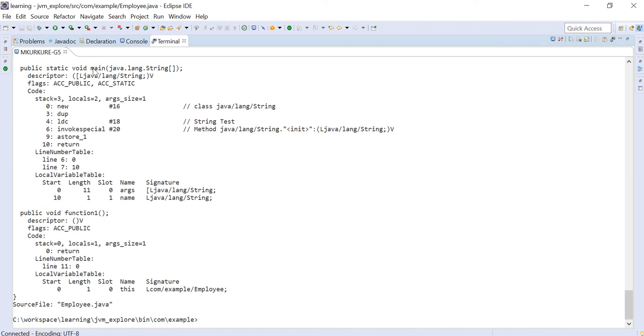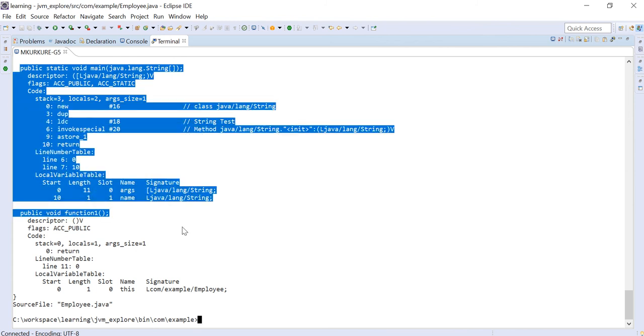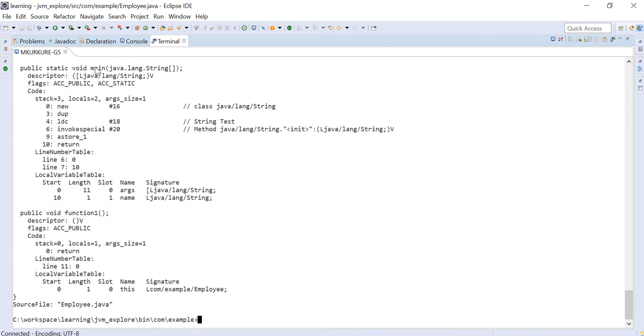As you can see, we have defined two methods in the .java file. The two methods are present in the .class file also. The first is the main method and the second is the function method. Here you can see the flags are defined. For public static void main, flags are public and static, and for function it is only public.